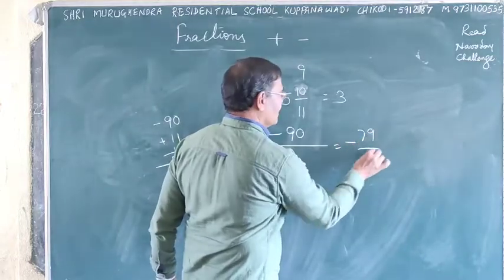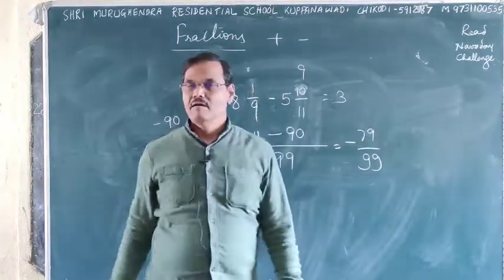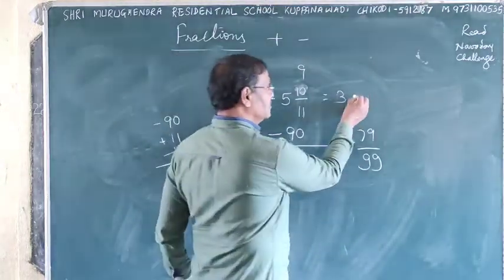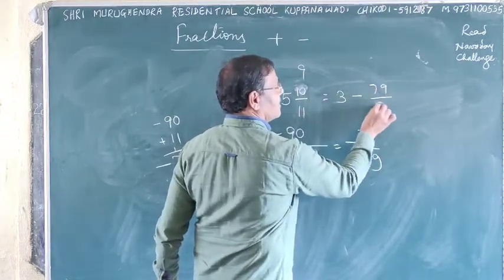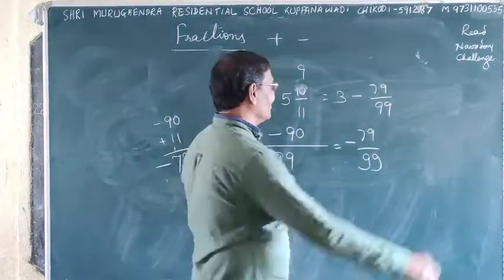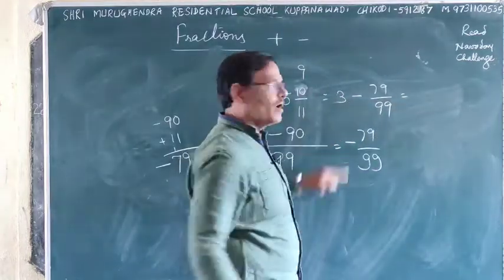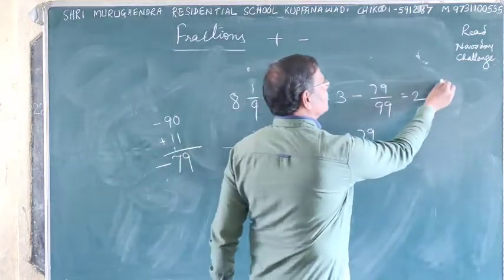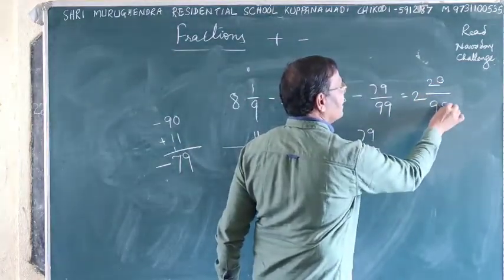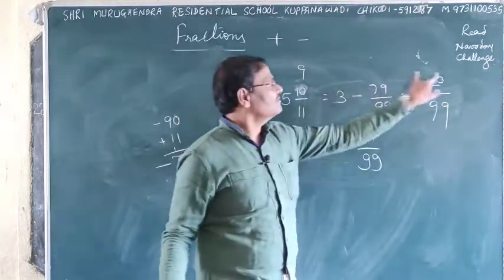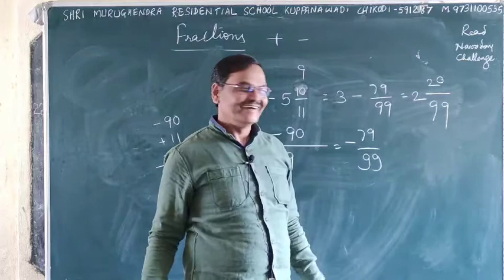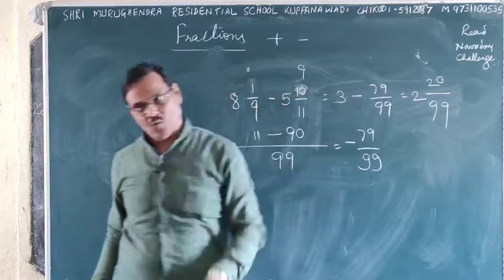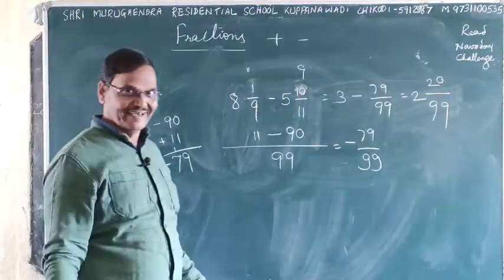Minus 79 upon 99. So here what you have to do is, you have to subtract. Okay, see. Then here leave 1, 2 comes, and this is 0, 2, 9, 9. It is a shortage of 20. Okay. 2 of 20 upon 99. Like this you can do it. And past you can make.